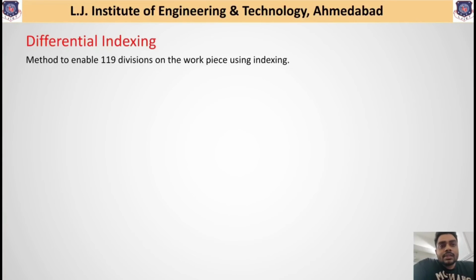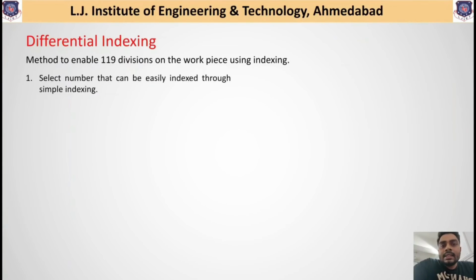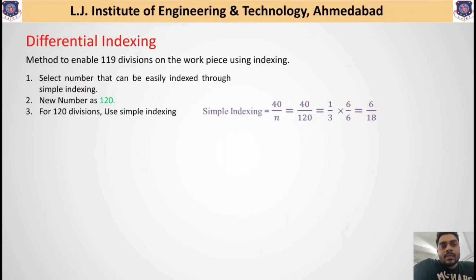Now the next step is to select the nearest number, and nearest to 119 in multiples of 10 available is 120. The next step is to use the equation of simple indexing, that is 40 divided by n, and you will get the final answer, that is 6 divided by 18. Now as we know, this 6 divided by 18 indicates that on an 18 holes circle, 6 holes are to be rotated